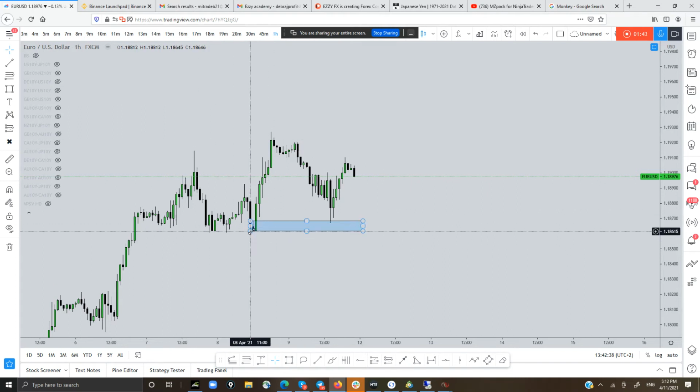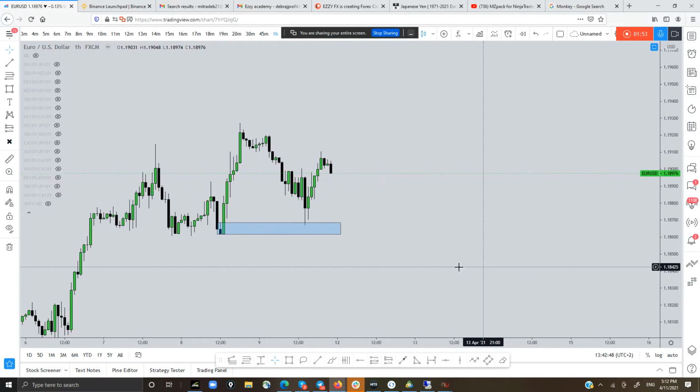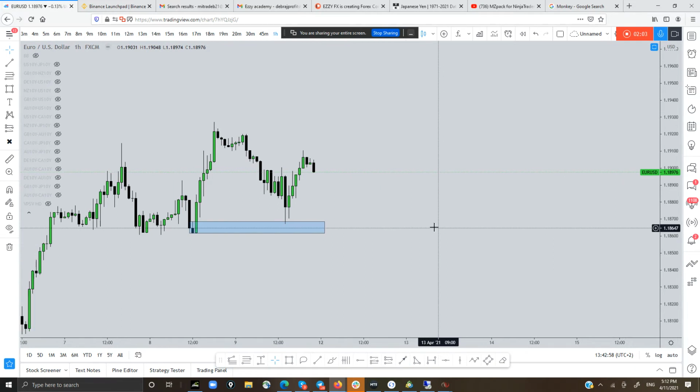And this happened on 8th of April, 13 o'clock at my time, for example, on H1 time frame. So when this happens, I mark this zone as a good point of interest, and I'll wait for the entries. Say now on Friday, when the price was coming here,